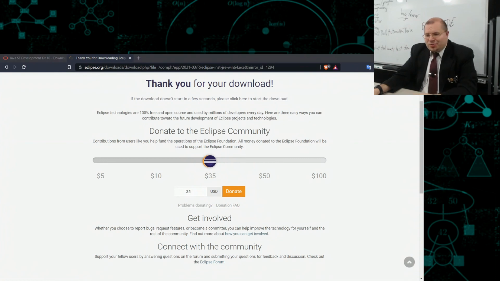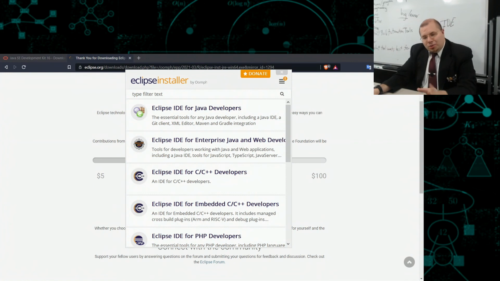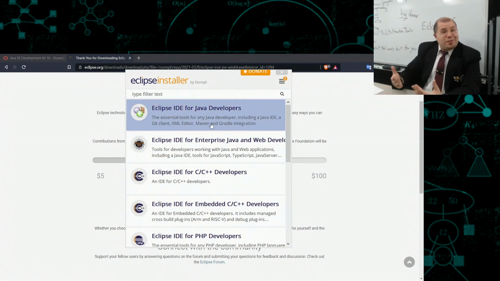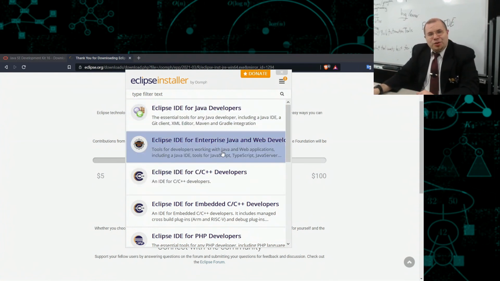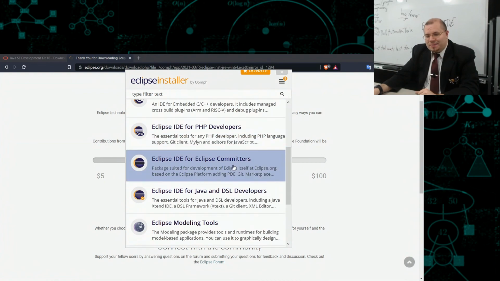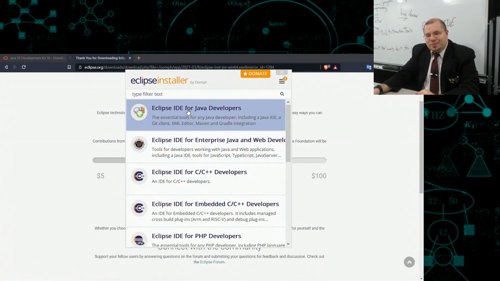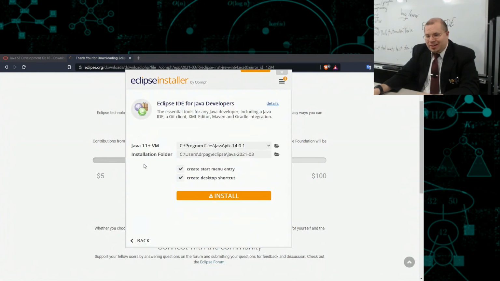So it's pretty straightforward. Once you have that, you'll open up an installer, and the installer will pull up to this. The thing I want you to be aware of is that we're using Java here. So there's a whole bunch of different versions of the Eclipse IDE. What you're going to use is the one near the top. It might be a little different in the future, but you're going to go Eclipse IDE for Java developers because we're implementing things in Java. So you click there. I recommend making sure that these directories exist.